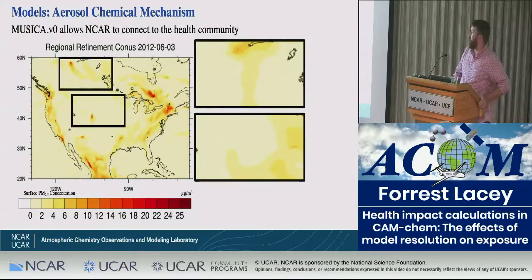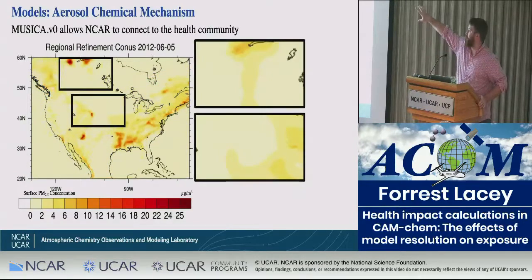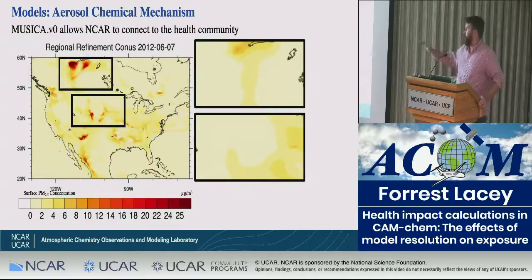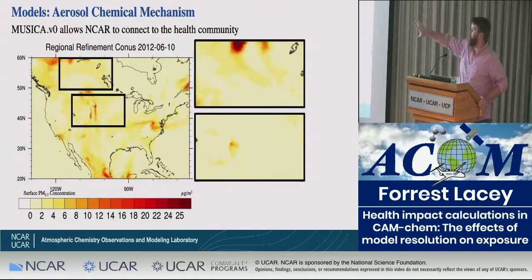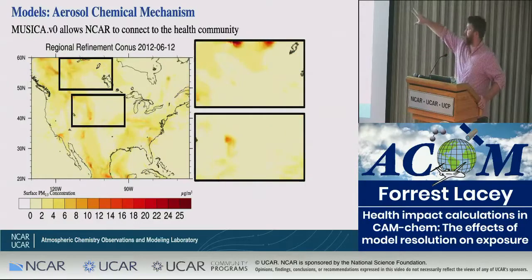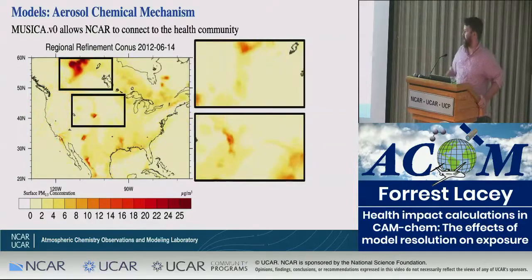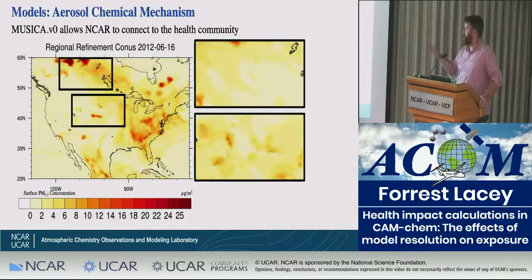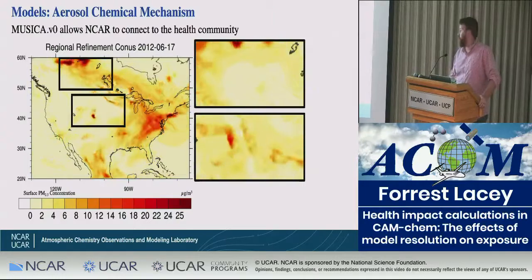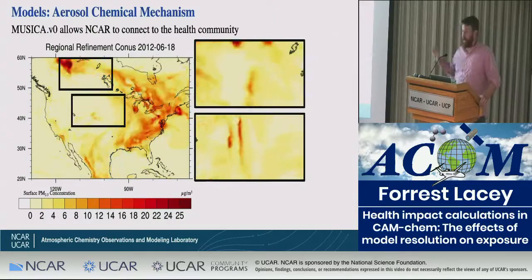And one thing that I want to show with this model result right here is different regions, and you can see the transition zone. So right here, these 2 boxes, the top one is in an area where we're transitioning between regional refinement, and then the bottom one is fully within the regional refined region. And here you can see the coarser resolution. These are both biomass burning events. You can see the coarse resolution emissions and transport, and definitely compared to the high resolution within the regional refined region, we can see more thorough quantification of the transport and pollution from this isolated event.